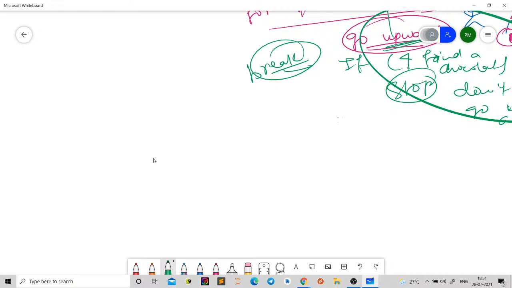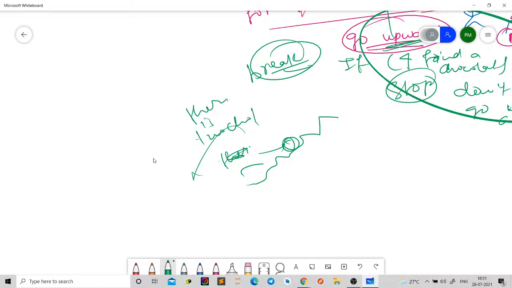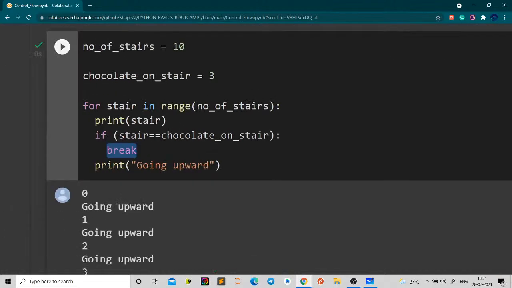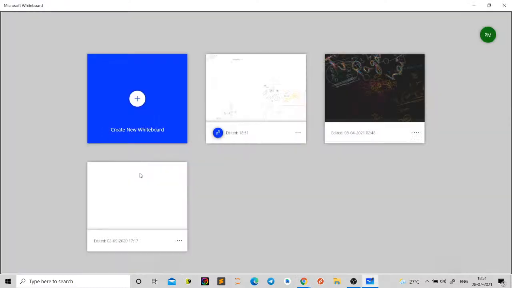We have 10 stairs, there's a chocolate on one of them, and I want you to inform me if there is no chocolate on any stair. So again, chocolate is on stair 3. Now the catch is, I don't want you